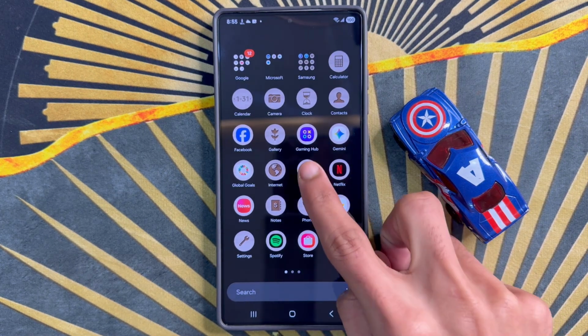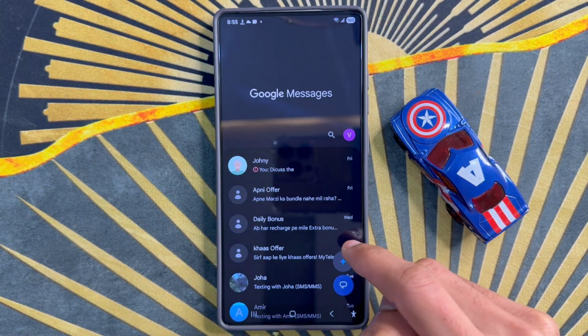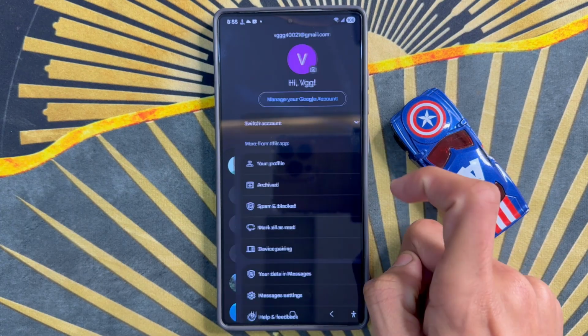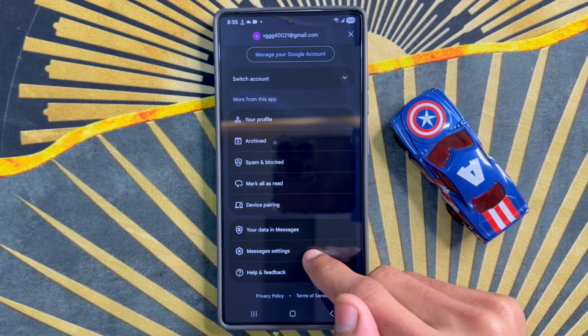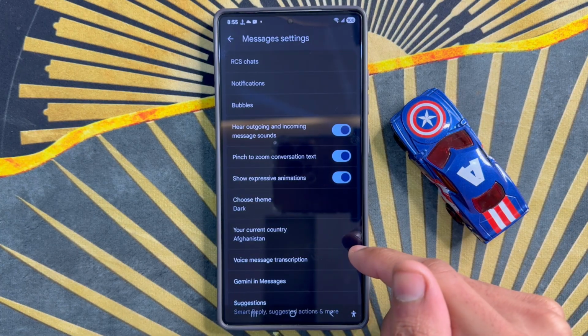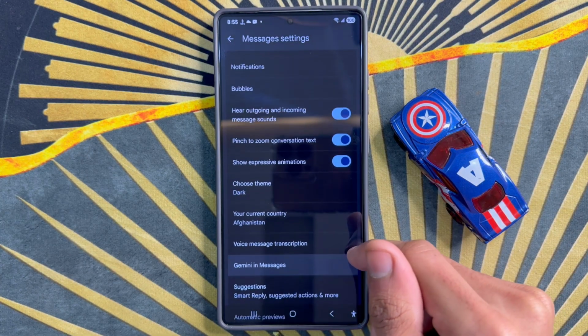Here, click on Message App. After clicking on Message App, click on this profile icon. After clicking on this profile icon, scroll down and click on Message Settings. After clicking on Message Settings, scroll down